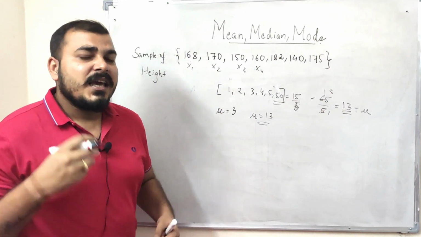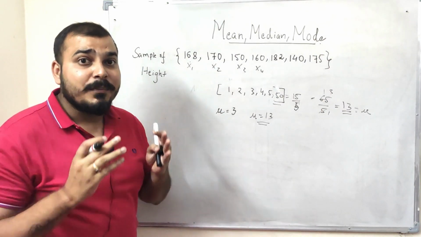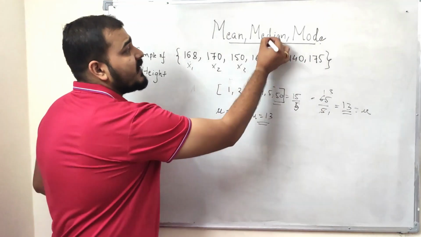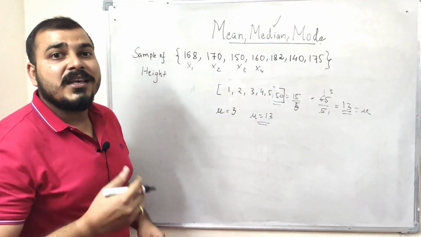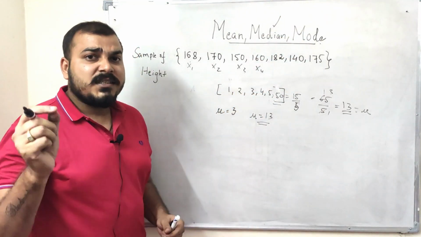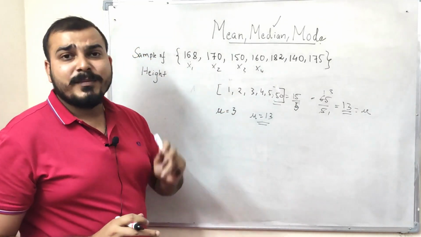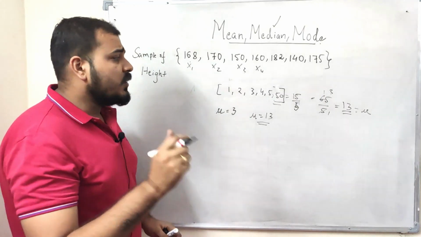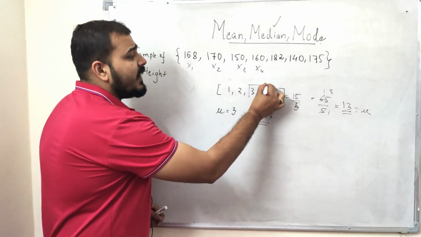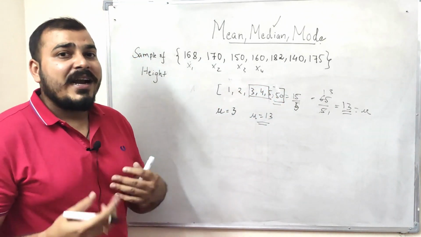So in this case, if I want to find out the measure of central tendency, I can basically use median. Now how do I use median? For median, the first thing is that I have to put the numbers in sorted order. Currently my numbers are in sorted order. Then I just take the central number. Now how do I decide which is the